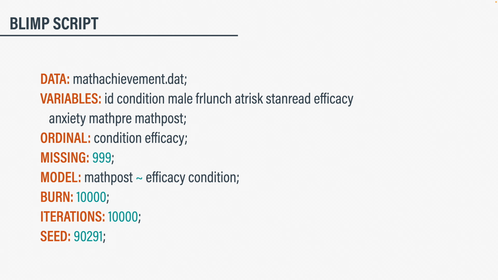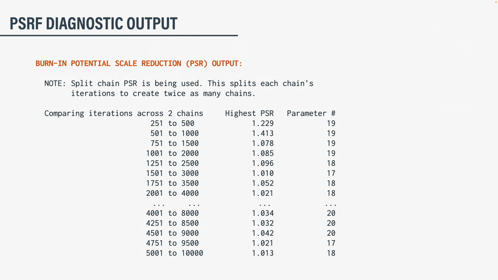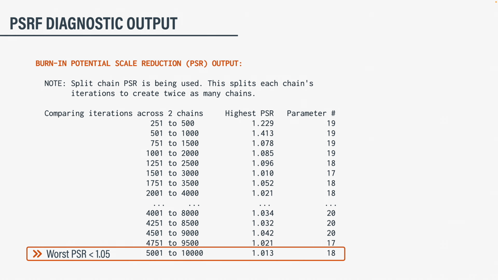Usually all we need to do to address those high diagnostic indices is to simply increase the number of burn-in iterations. As a simple rule of thumb, you could just double or triple the number of warm-up iterations. Going back to the Blimp script, I doubled the warm-up period from 5,000 to 10,000 iterations. Don't be afraid to go much higher because very complex models might require longer burn-in periods. Looking at the last row of the diagnostic summary table, the worst or highest PSR value is now well below